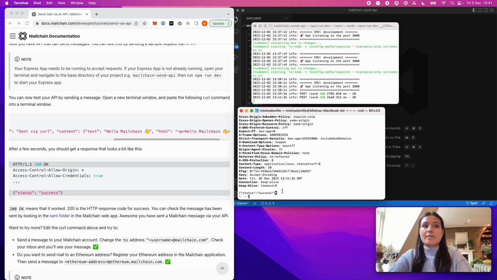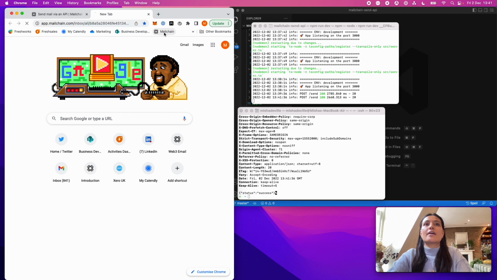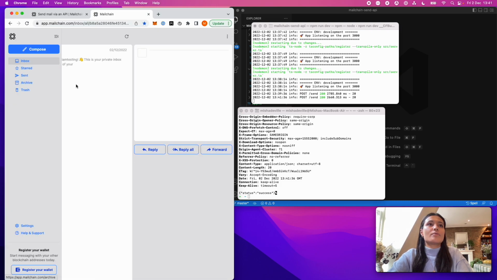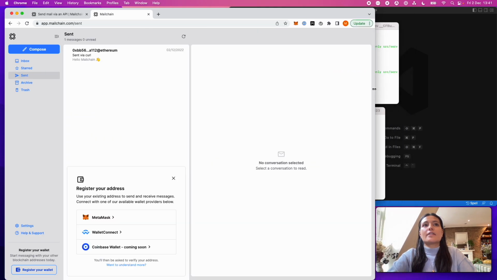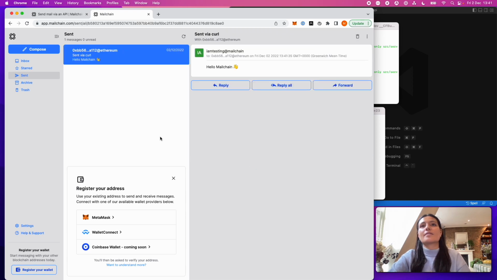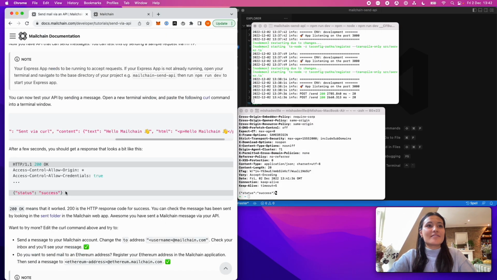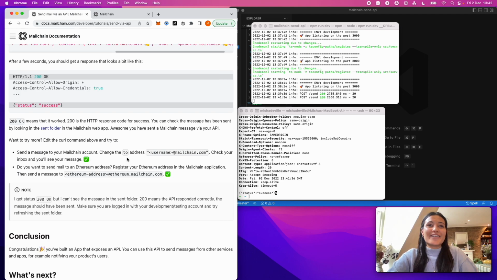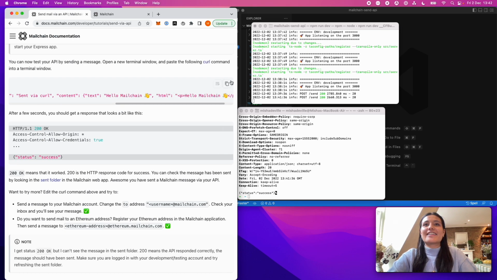Because that sent a message from your account, but to an address that you don't own at this point, the way to see if that has worked is to go into Mailchain, into your inbox, and click on sent, and you will see here that you have sent a Mailchain message. It is that simple. But if you want to do something slightly more fun, not that that wasn't fun, then what you can do is actually take that text,